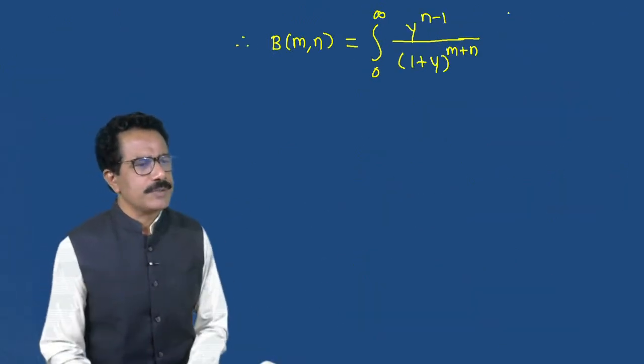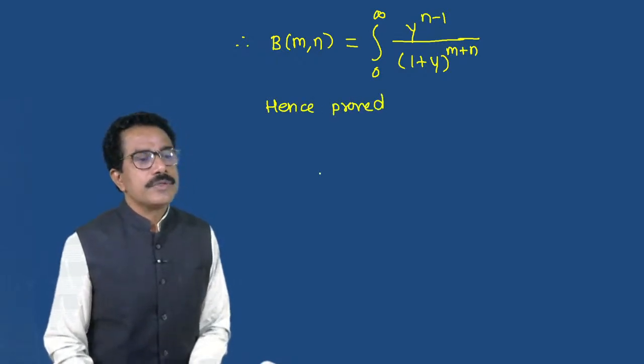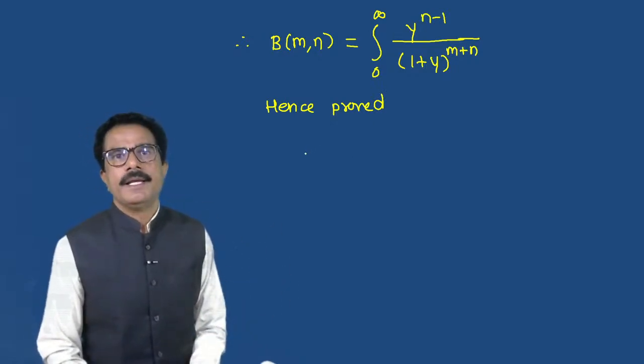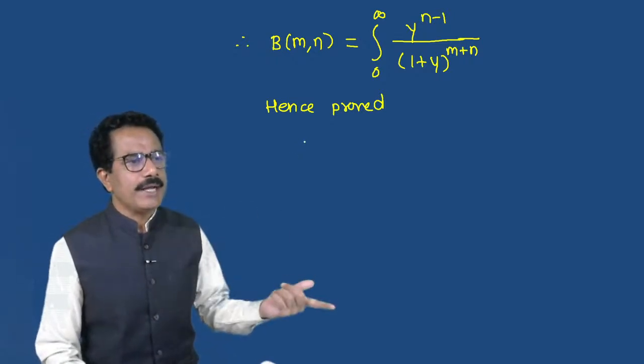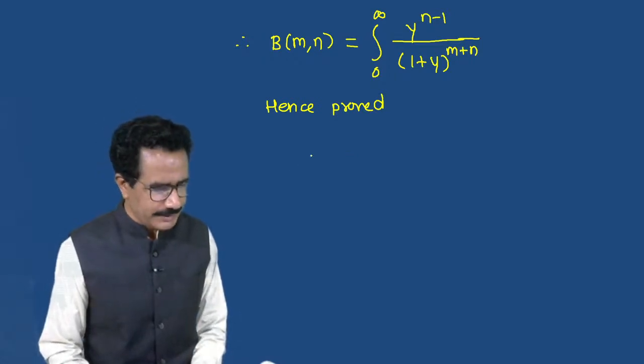So, hence proved. So we can write these properties again, in this way. Beta of m comma n is equal to, similarly, we can write,